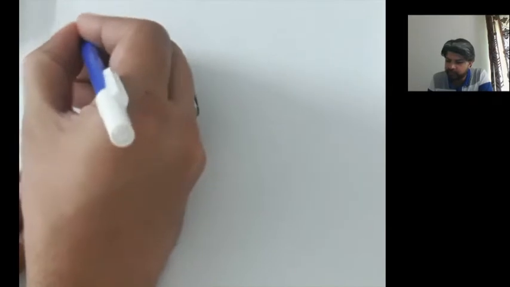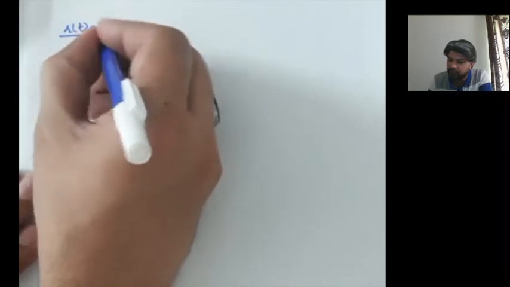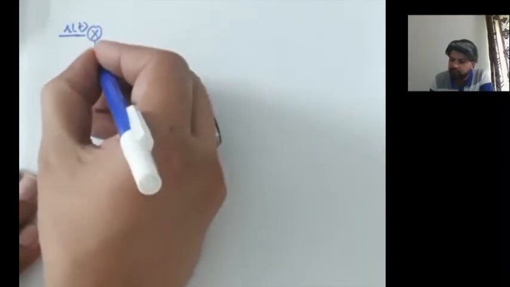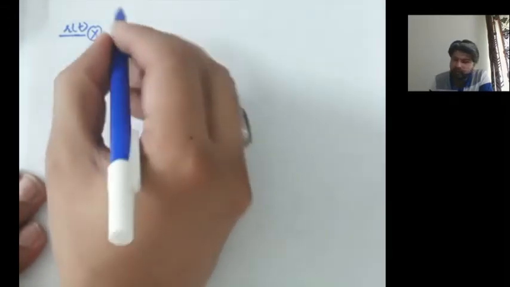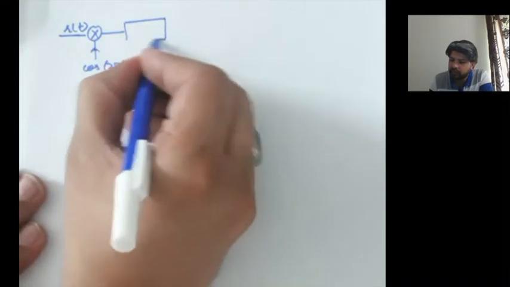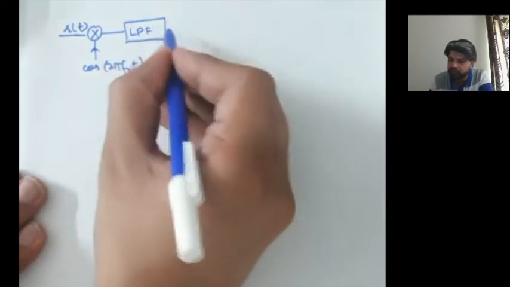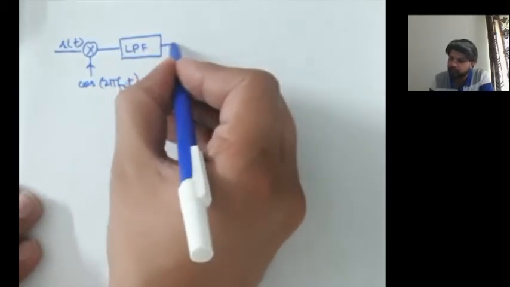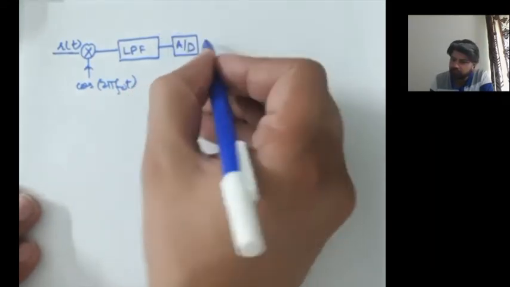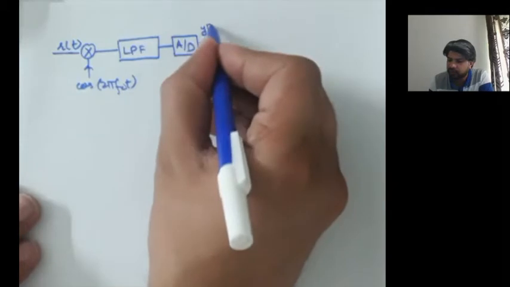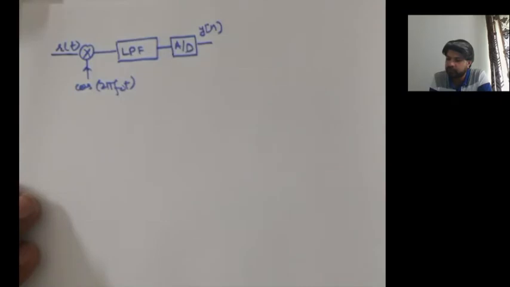This R of t is received. You would first down convert this by multiplying with the cosine carrier. This would give you the multi-carrier modulated signal. You would pass it, of course, through a low-pass filter to reduce the noise, right? And then you would convert this from analog to digital domain, A to D conversion, and that gives you y of n, right? So this y of n still would have the cyclic prefix attached to it.